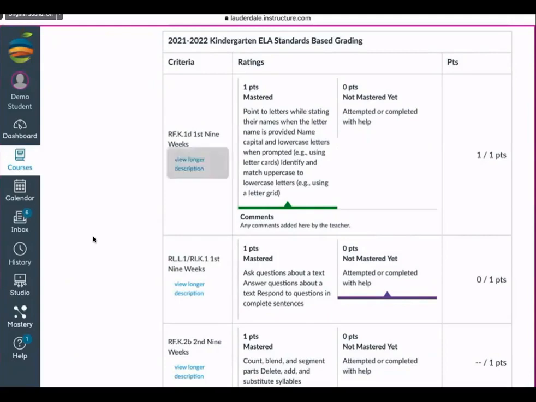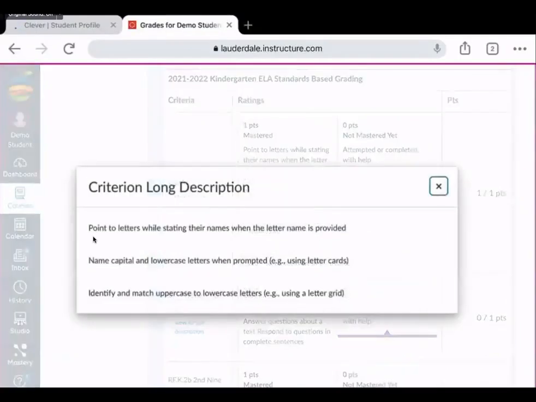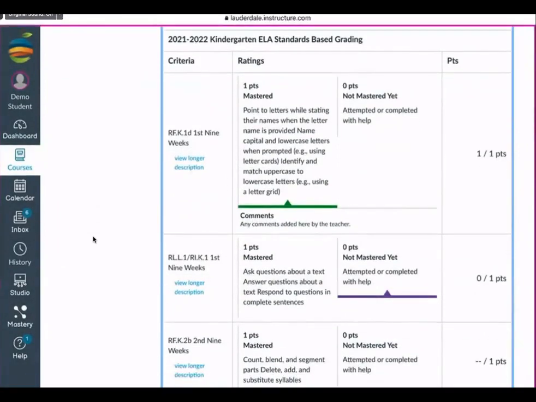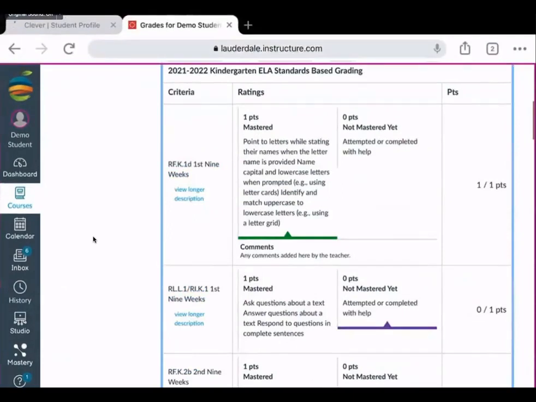Parents and guardians can click on that description to read more about that standard and how the teacher assessed that standard for your student. You'll also be able to see the rating that your teacher gave to your student. Mastered is going to show in green for kindergarten, or not mastered would show here on the right-hand side in purple. You can read additional details for that particular standard, as well as any comments that may have been added